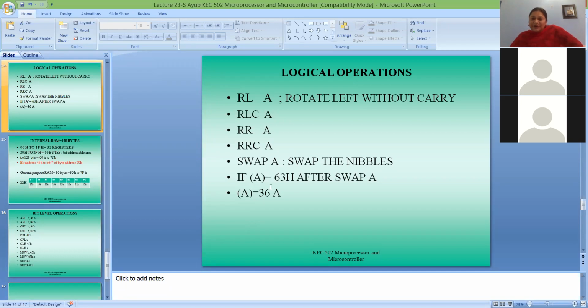So if your accumulator contains 63, it will swap the lower nibble with the upper nibble, and it will become 36. If you have F2, then it will become 2F. Is it clear? Swapping operation. All these are logical operations. Is it clear to you all?